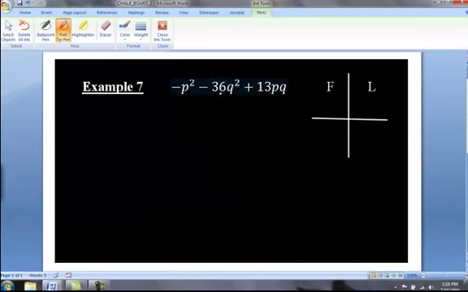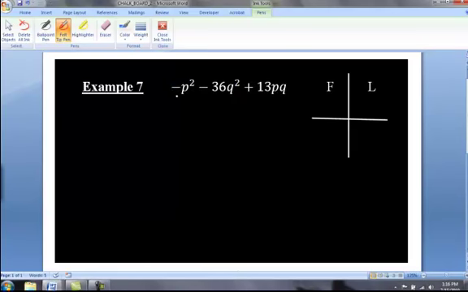On the last example here, we have -p squared minus 36q squared plus 13pq. Again, the first thing we should always do is look for a greatest common factor. Now, at first glance, you may think that it doesn't have a common factor, but notice how the first term